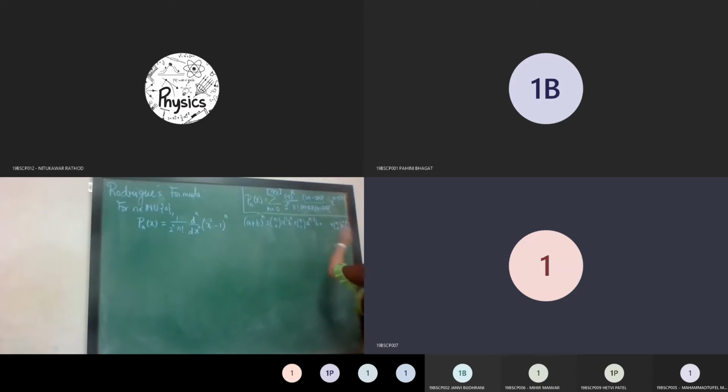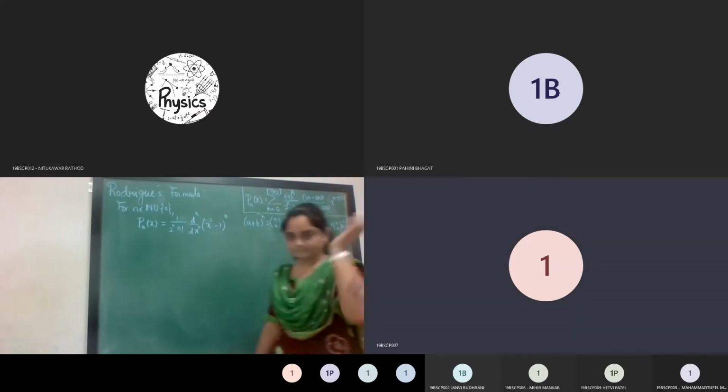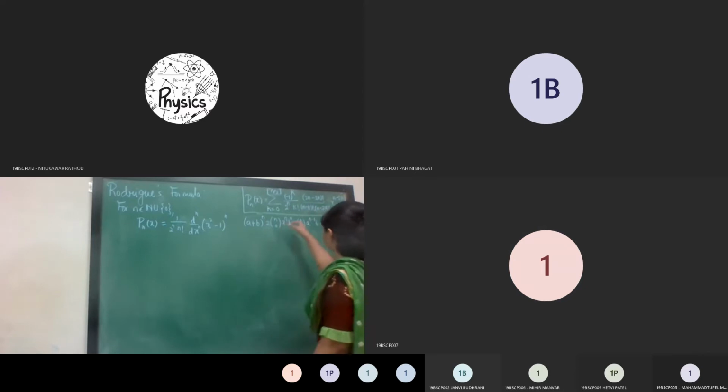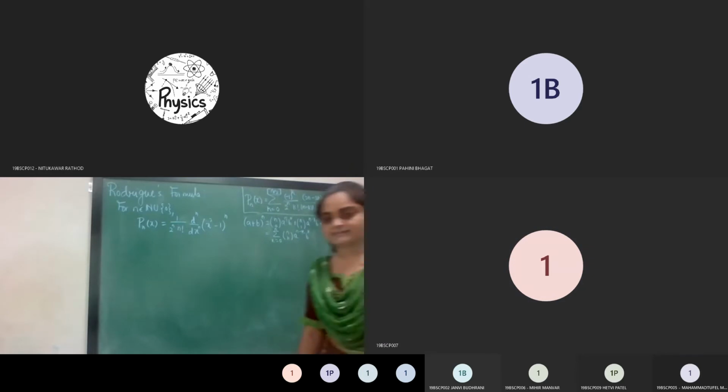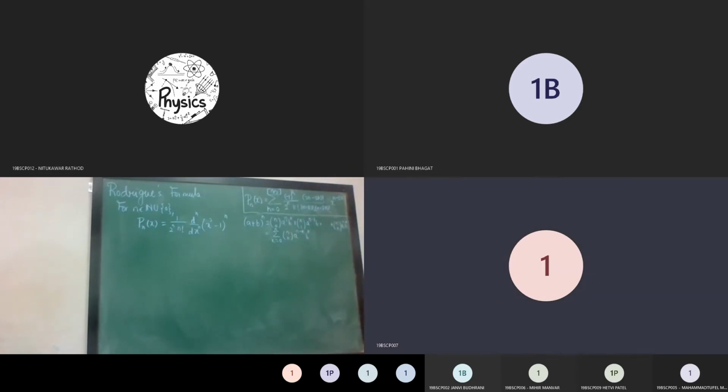Descending powers of a and ascending powers of b you have to consider, and so I can write it in the summation way like this. Suppose I write nCk. n is fixed, and k is varying from 0 to n. So k will be 0 to n here. a is raised to n minus k: n minus 0, n minus 1, and up to n minus n. And b is raised to k: b raised to 0, b raised to 1, and so on, b raised to n. So I can write it in the summation form like this. Is it clear? Yes, ma'am.